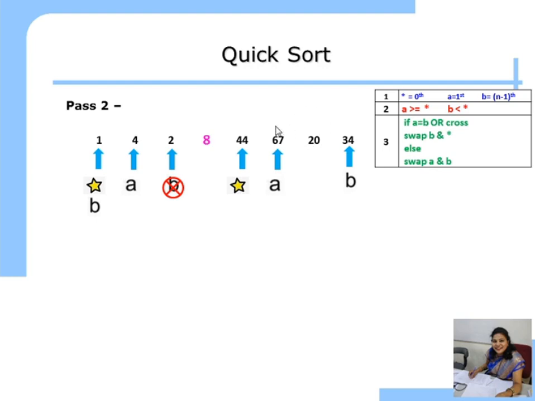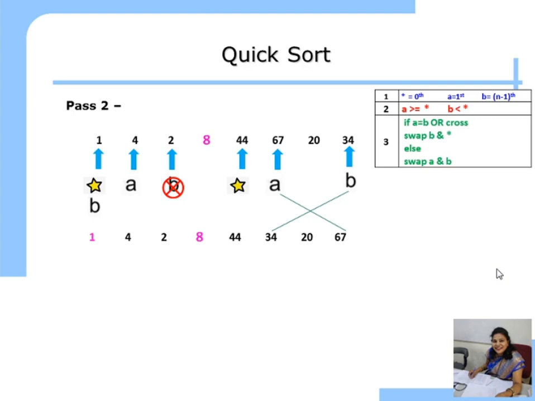Since in this second array 44 is not swapped, so we are continuing with the second list again. So after swapping we will get 44, 34, 20 and 67. See? And in this part we swap one by one only pivot would be. So one is now pink means one is sorted. 8 is also sorted. So here is one, we get one list 4 and 2. But here we have to do further because 44 is not finalized yet.